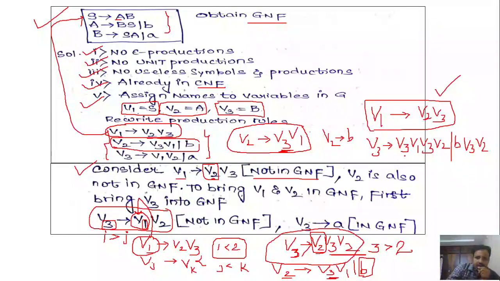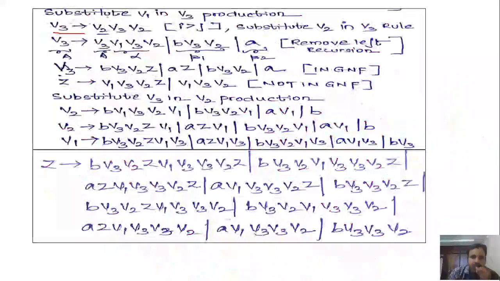So here if you observe again, I value is equal to J value, right? We keep on substituting, but the moment I value and J value become equal, we have to stop that substitution, right? So this production rule will lead to left recursion, because both the variables, Vi and Vj, are same. So here we have to apply step 8, that is removal of left recursion, right? So let us have a look at this.